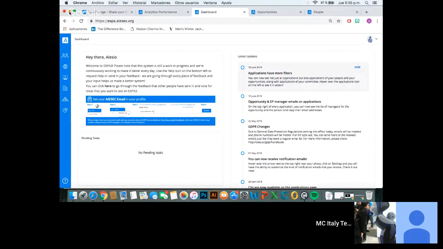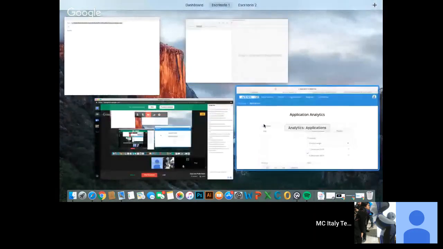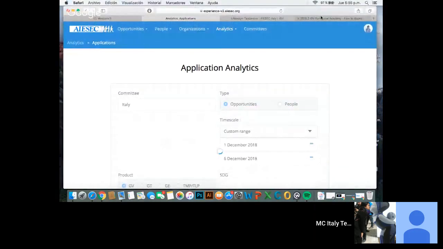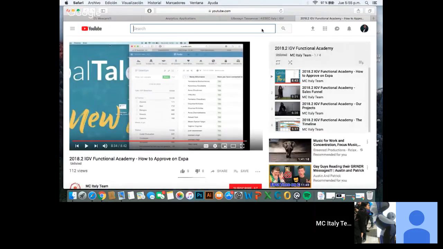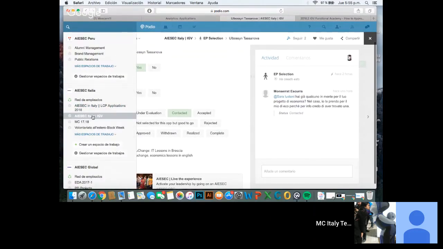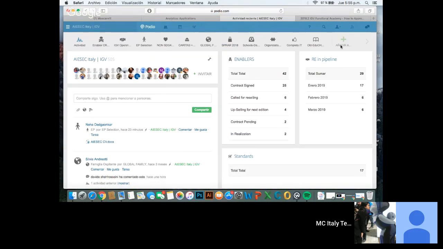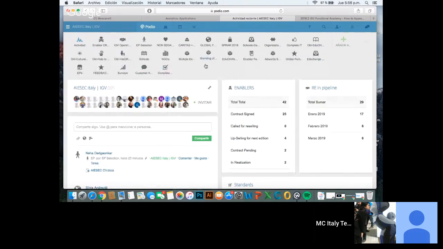Now, just a little bit of extra information about, for example, Podio. Coming back to Podio, as I was showing to you before, it is a platform that can be used in many different ways. It can be used to store information. It can be used for CRM management. For example, right now as an entity, we are only using Podio for CRM from our IGV side,